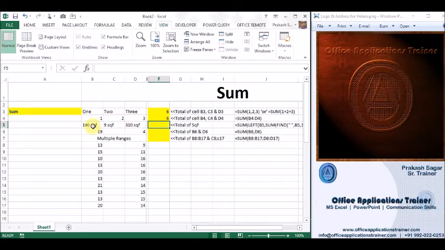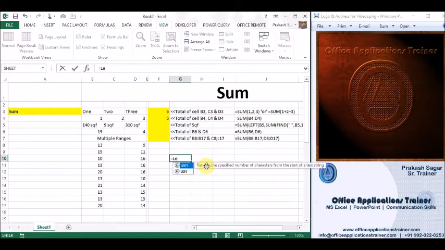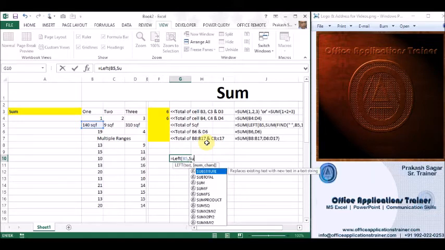Now in the third example, what we have here is we've got values inside a cell and text. In all the three cells we have numbers and text both. So what we need actually is just the values for our sum function to work correctly. So first let's extract all the values. So I'll say =LEFT(text is this, comma, number of characters. Okay, so number of characters, what I need is only those number of characters that appear before the space. So I'll say SUM(